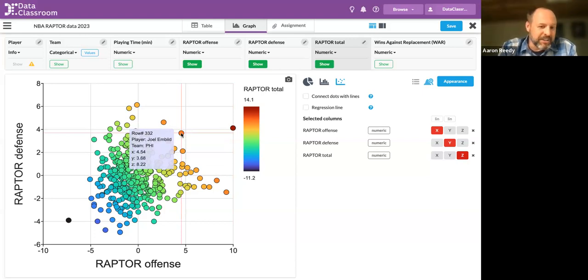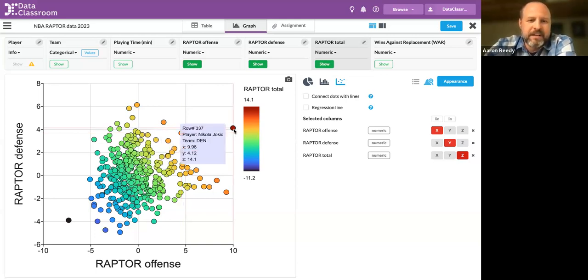But this actually, I think, invites a lot of really rich discussion, and some of the later questions in the activity are talking about how not every decision is made purely by data. And so what other things could contribute to this? What other things were considered by MVP voters? So students will first go through this and pick who is the top 5 in the league statistically in this